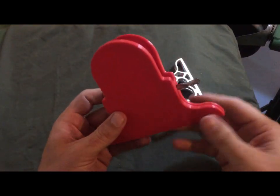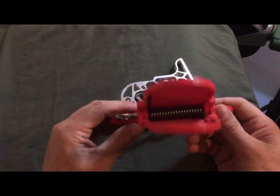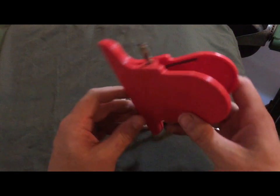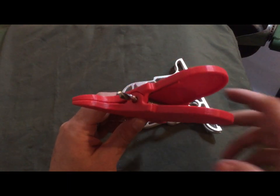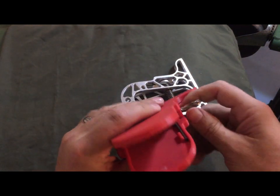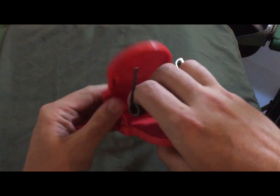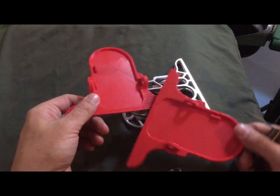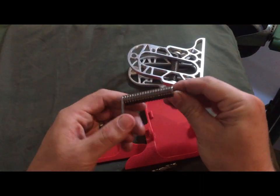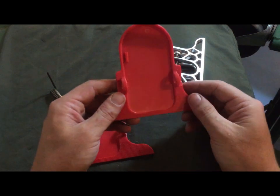Okay, so this is the original design, and I'm just using a drill bit that's the right size for the pin to go through this thing, just to kind of put it together and show you. I had printed this out on a 3D printer before I ever machined it. So basically it consists of the 4 parts. The spring, I'll pull this apart for you. So you got the 2 sides. I'll set these there. The spring, and then the rod that'll go through it, which in this case is just the drill bit there. So these sides here,